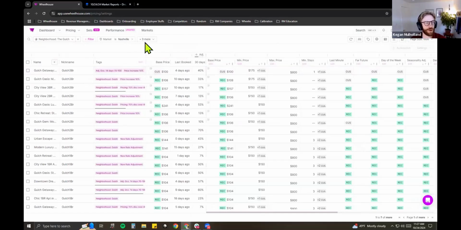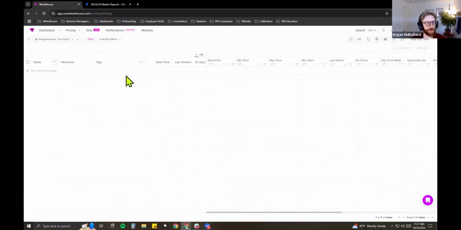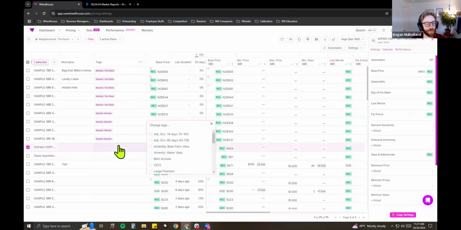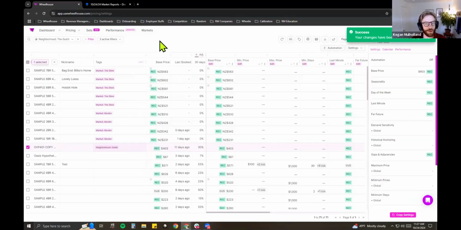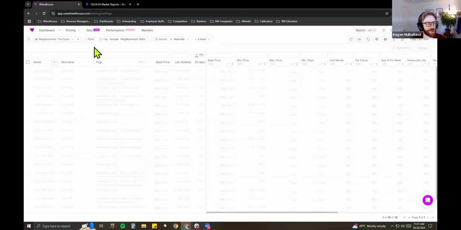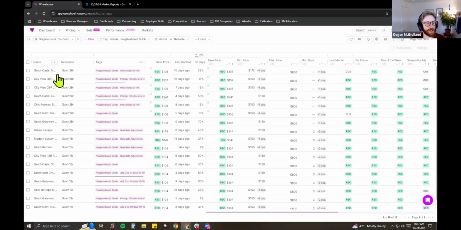Like I mentioned earlier, the easiest way to do this is to reset your filters, and your listings that are new to Wheelhouse will show up usually at the top, right? So you would just find that listing and then click in and add that tag to that new listing. Once you do, you can go back to the Gulch neighborhood segment, and it's automatically in there for me because I added the tag.